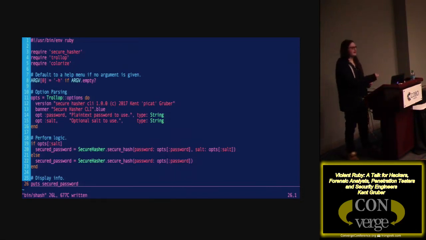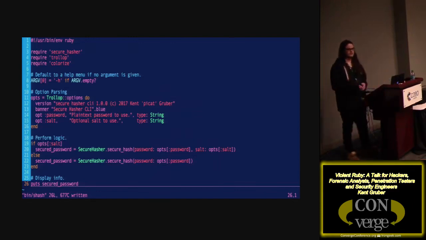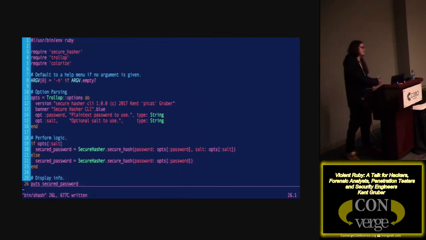So if I run a command line application and it didn't have, let's say, a tac H or a tac whatever to do something with that application, you probably don't know what you're doing with it. Or maybe there's a default behavior, but you probably don't know what you're doing with it. So I'm just going to default to a help menu to show you what you can do with it.